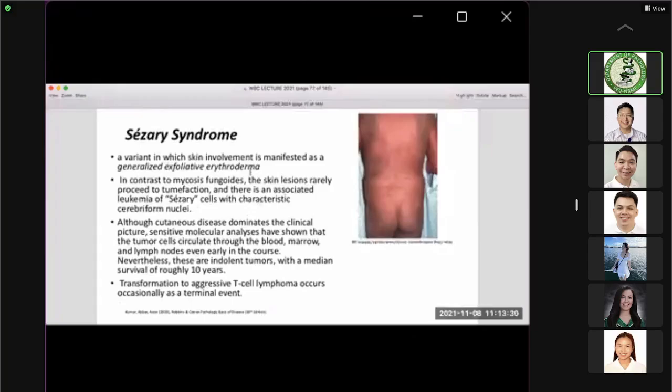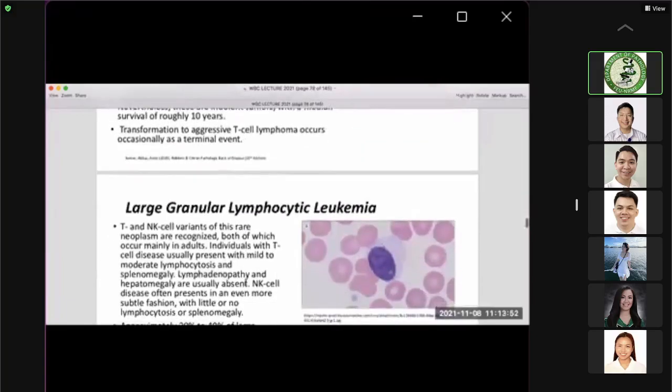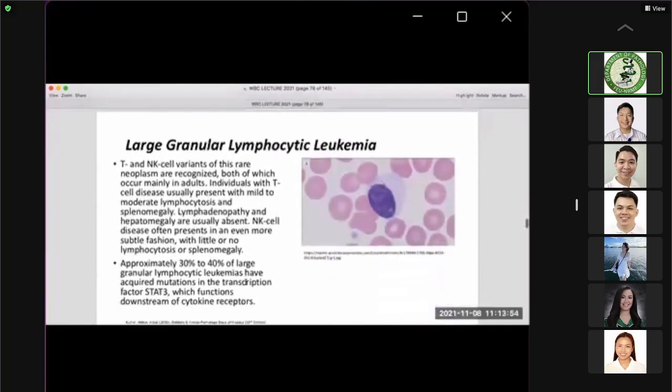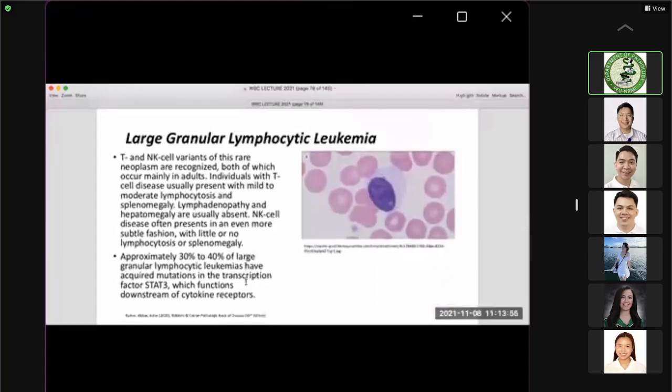I've seen one case having mycosis fungoides and then eventually succumb, no, to this type of lymphoma when she got pregnant, and went on with the pregnancy. So like exacerbate and then progression, transformation to an aggressive T-cell lymphoma. Okay, and then we have large granular lymphocytic leukemia. So